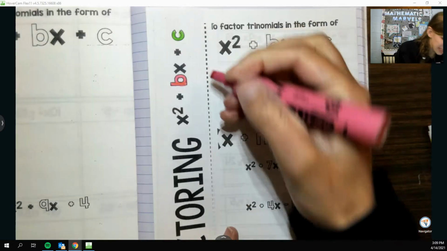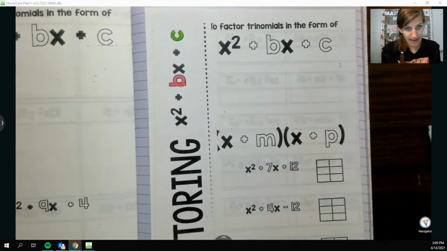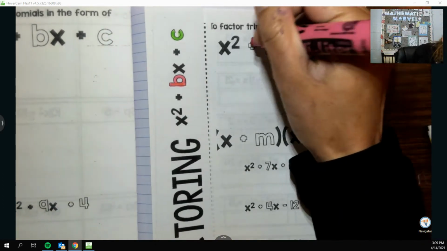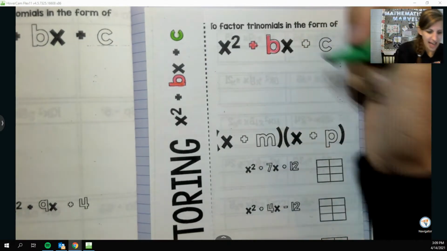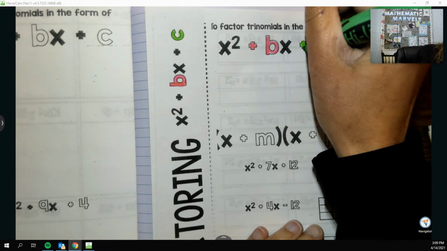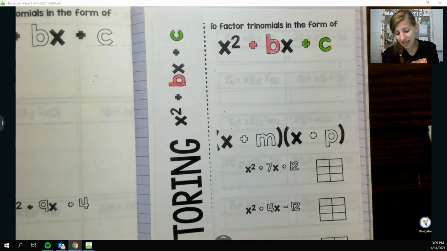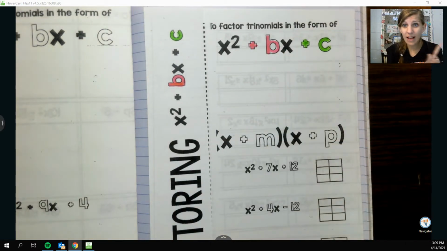But then B is on my X term, and C is all by itself. We do want to consider the sign in front of it. If we write it in standard form, it should be the middle number and the last number. If I'm going to factor something like that and they don't have any GCF,